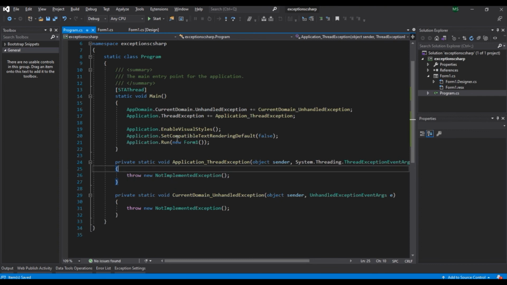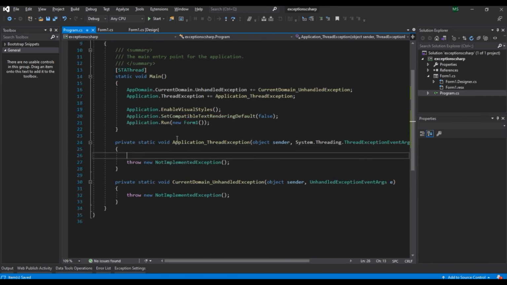After adding these two exception handlers, it is not necessary to write code in each and every method and event handler. All the exceptions that are not handled by the application will be handled here. So here we first take the exception object out of the event argument.